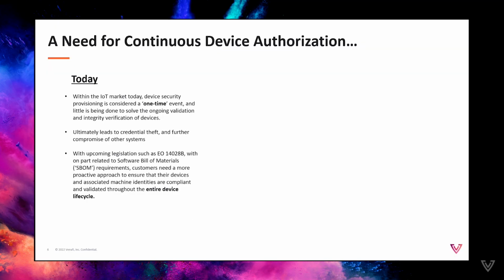So today, device security provisioning is considered to be really a single transaction at a given point in time that will be simply granting permissions based on some identity that's being presented to the device, or by the device, sorry. So for example, if you as an IoT device present a certificate that allows you to get a new or renew a certificate to connect to an IoT platform, then I will look at the identity and say, yes, for all intents and purposes, this is device 001.